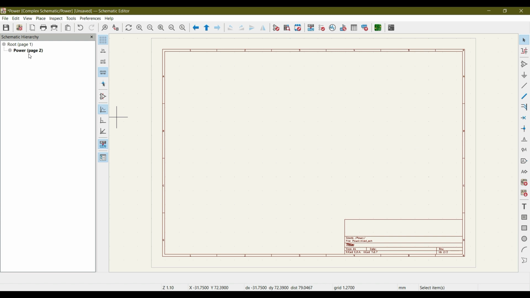There are two ways to enter into this sheet. Let me go to parent sheet. By clicking on the sheet you enter into that sheet. This is our parent sheet. If I click on the power, that is our subsheet, you can draw a circuit that is related to the power section of your schematic. The other method is, let's go to root sheet, and here either you double click